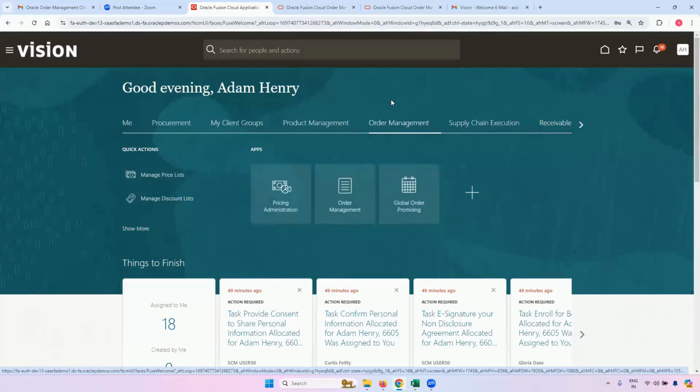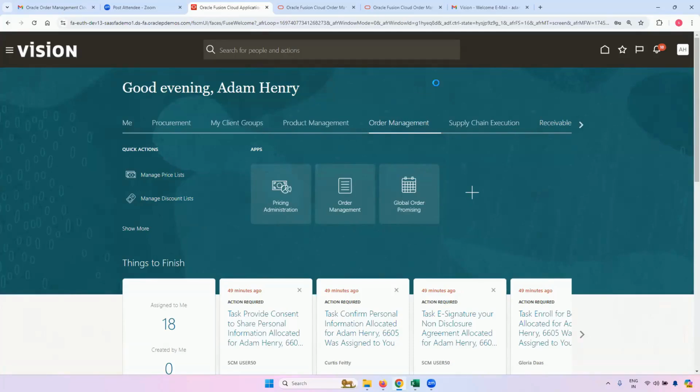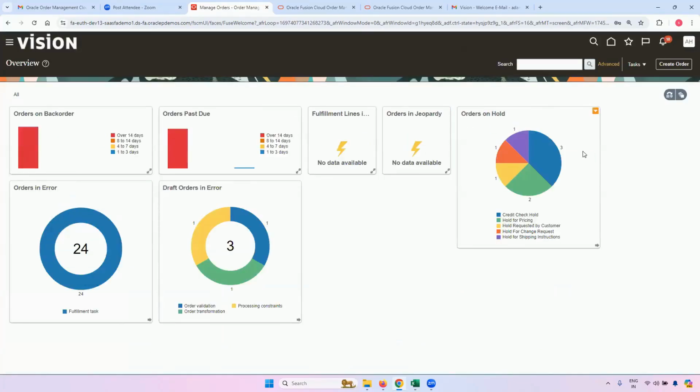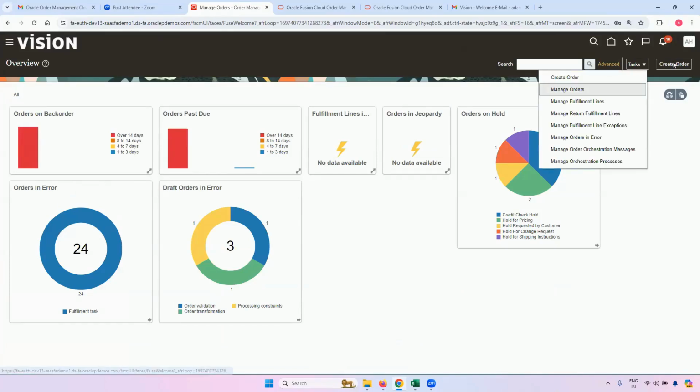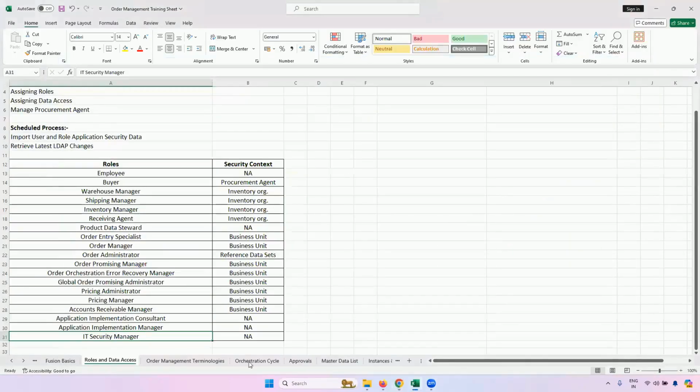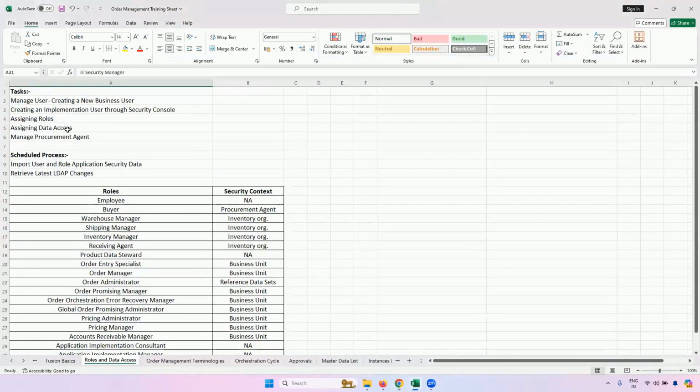Now the data access part, let me quickly check. So just go to order management. I will be explaining you each and every, like the entire screen for order management. I'm quickly checking for the data access part as well, right? I will be explaining you all the tiles over here, all the options you see under tasks. So I'm just checking from the data access perspective, clicking on create order, just quickly. So here I will show you this one, the security context or the data access, the fifth one in the row.